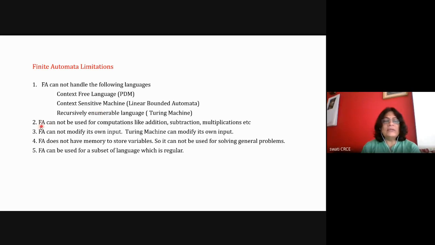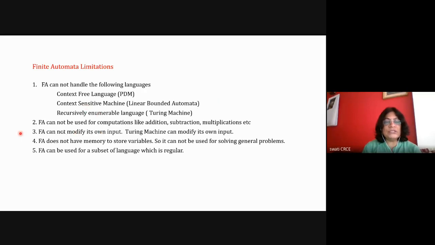Now, what can a finite state machine not do? It cannot perform any computation like addition, subtraction, multiplication, division. All such operations are not possible with a finite state machine. We cannot add or subtract two decimal numbers. We also cannot identify strings such as a raised to n, b raised to n. That is not a regular language, which we have proved by using the pumping lemma. There we want the number of a's to be equal to the number of b's, so we need some memory to store how many a's there were. Such things are not possible with a finite state machine.